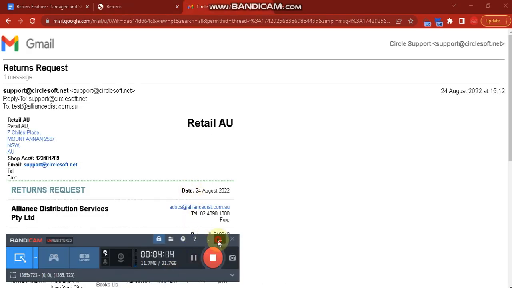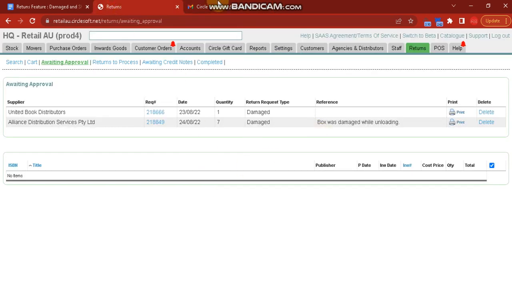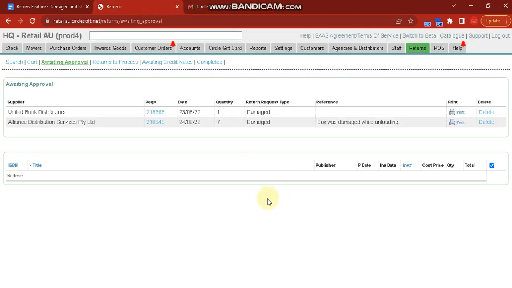As mentioned, for the email for these new types of returns, we will be updating the label for the email that has been sent to the supplier. So for this one, it was a damaged one, so we will update this to returns damage, or damage returns. As you can see here under awaiting approval, we have a new column, which indicates what kind of RA it is. So this one is return type damage for these two